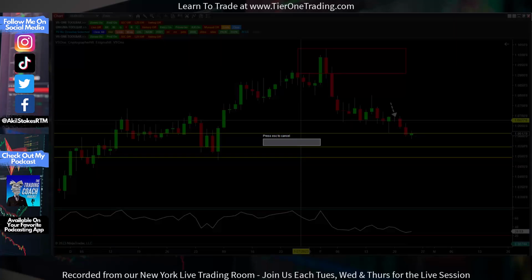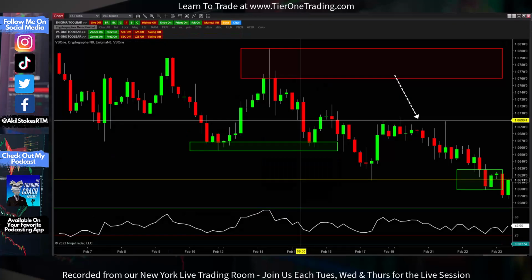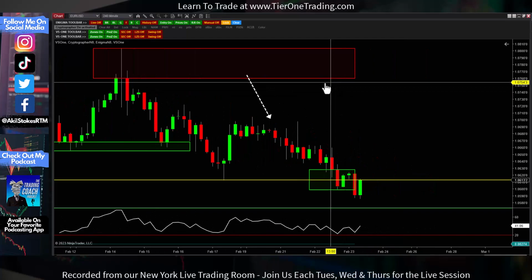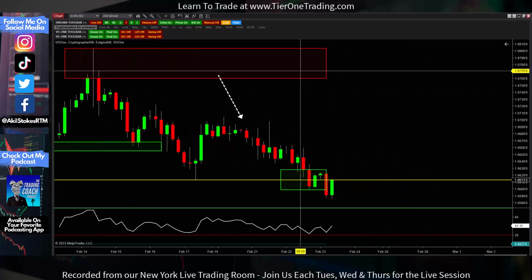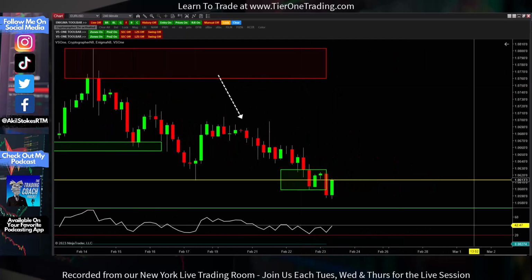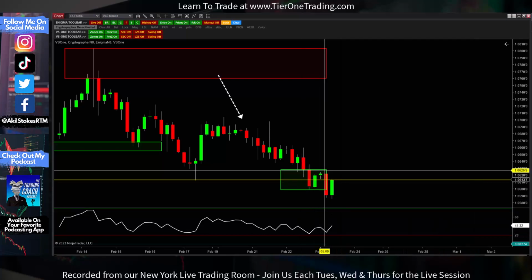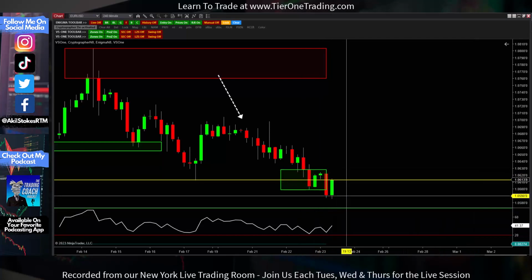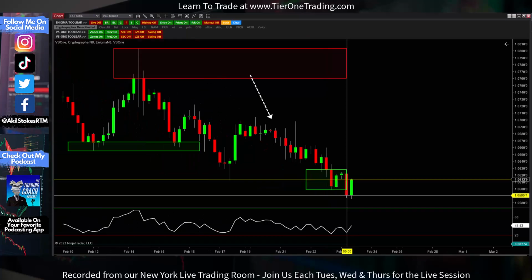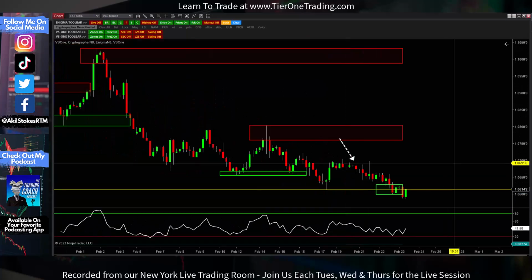And let's head down to a 240 chart. And you can see on the 240 chart, what do we have here? We have a break and close below a VS1, that violation. So we had the violation here initially, small retracement, second violation, and now we're pulling back. So this is opening up the door for a potential